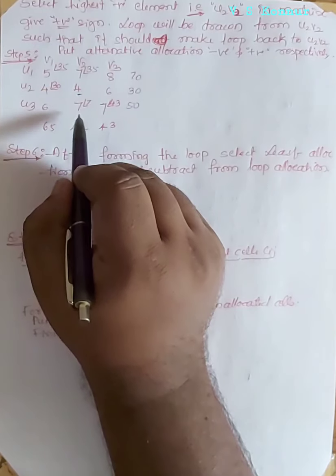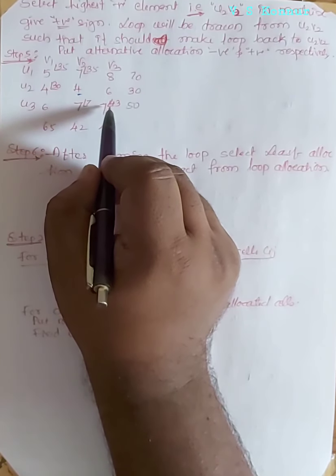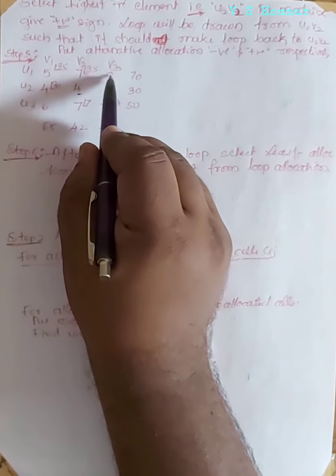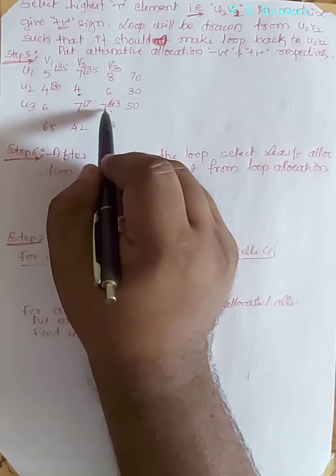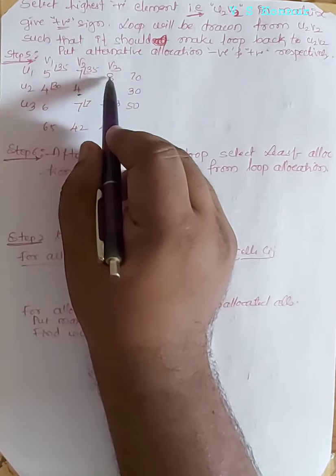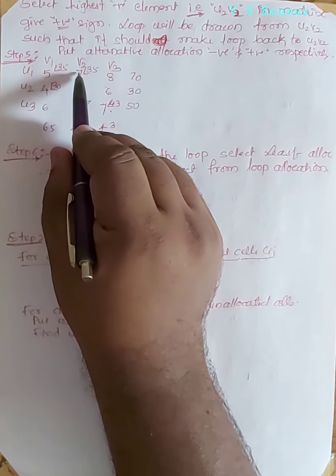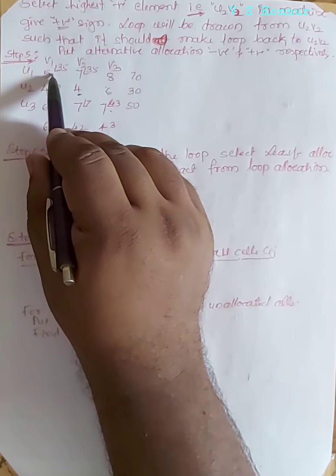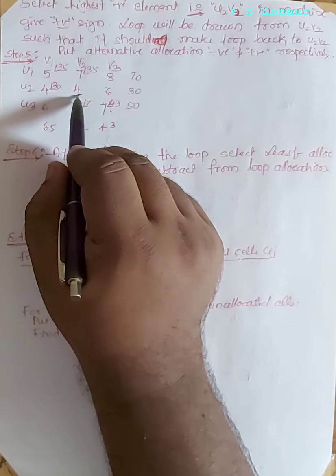From 4, next allocation is 7. We can go this way. Now from 7, next it should be allocation. There is allocation, you can go here. Now from this, there is no allocation. Next allocation, there is no allocation for 6 or 8, you cannot go there. Now from this, you can go here to 7. There is allocation. From this, go to 5. It is having allocation. From 5, you have to go to 4. It is having allocation.